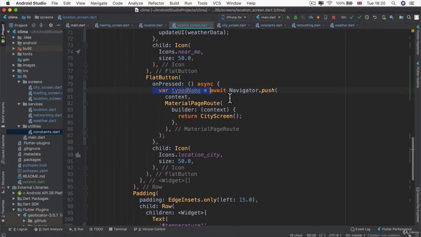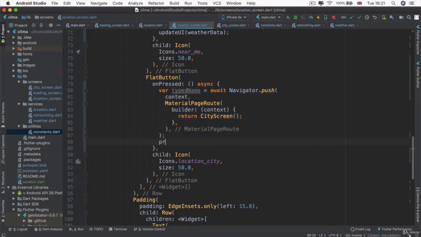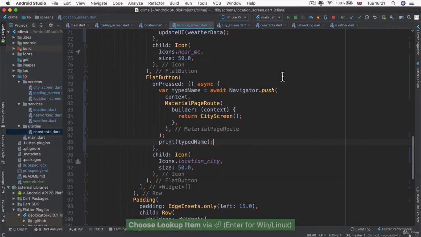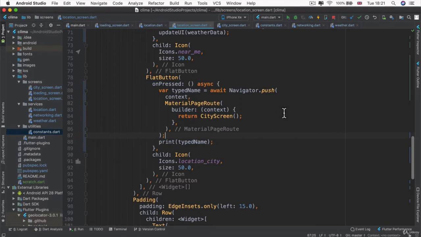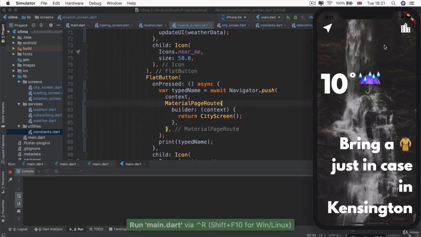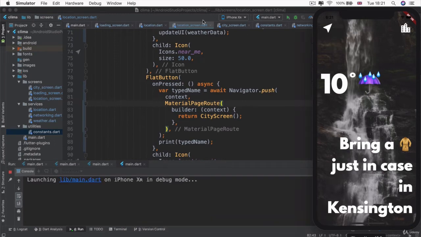Now that we've got access to this typedName variable, which comes from the user input from the city screen, well, we can now use it. So let's confirm that we've actually got something back by printing out the typedName into the console. So now let's check this out. Let's click on hot restart so that our app starts from the beginning, so that we load up the location screen. And this is where, of course, our